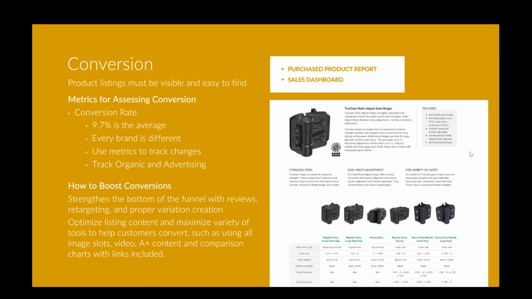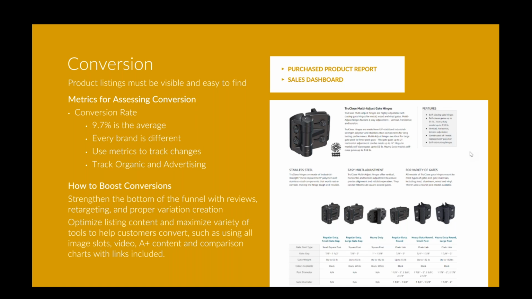Products with low prices, for example, might have higher conversion rates because there's less friction involved with making that transaction. Products that are ingestible, shoppers might take a longer look at because they want to make sure they are getting a safe and reliable product. So lots of different factors. Again, we would recommend you pull data, look at your own conversion rates historically, see where you've been trending, and find your own baseline there.